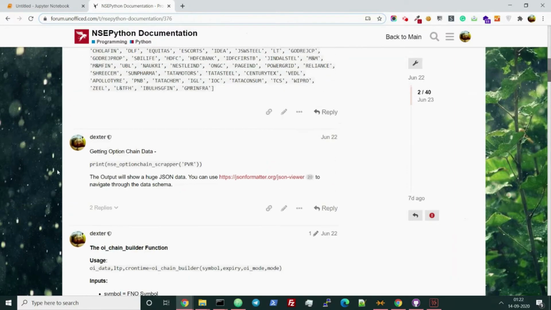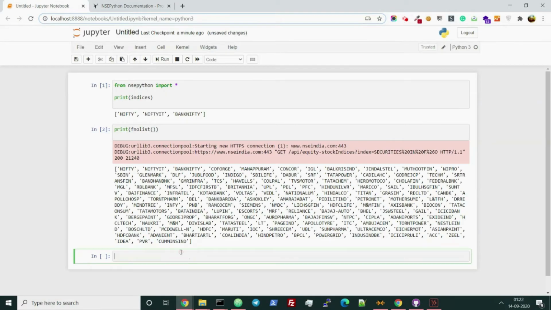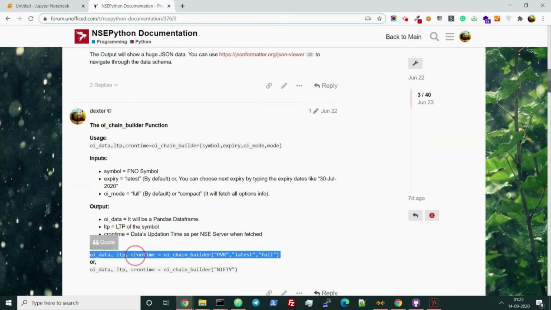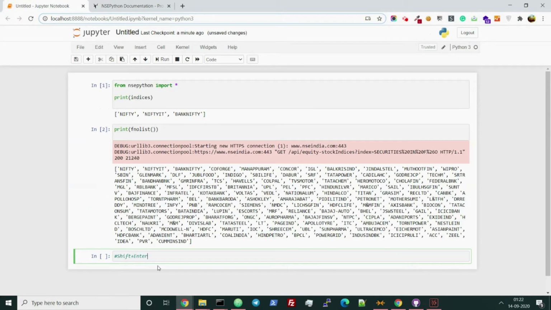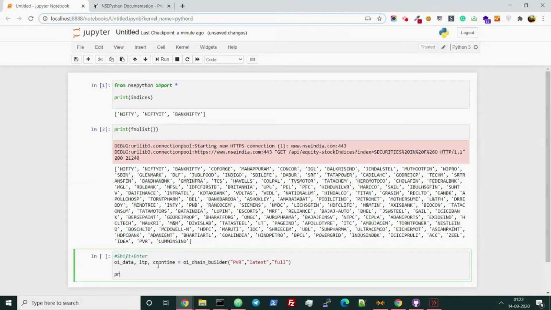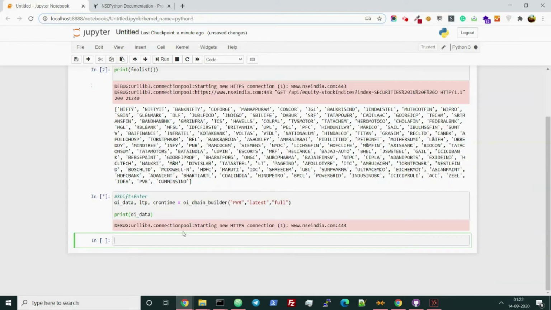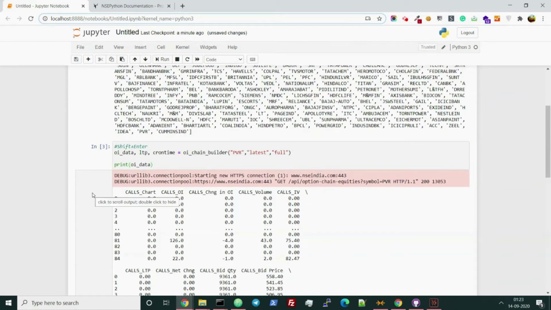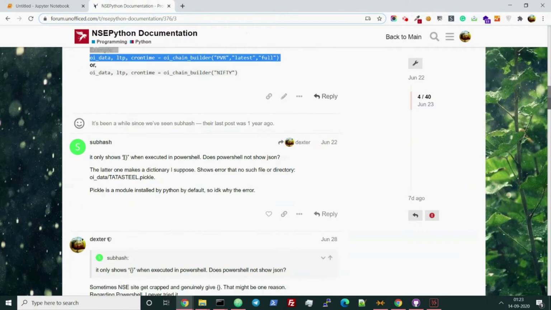See, all these things are running. I am pressing shift plus enter. Alternatively, you can also do one more thing. Let me show you. Now let me also type the y data. You can also click on run here. See, it is coming perfectly fine. Now keep exploring the other commands here.